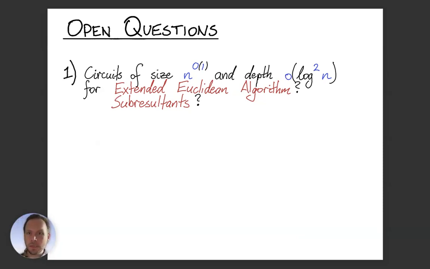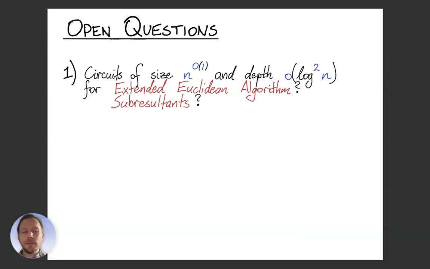And for those of you who are experts on this, one thing that we don't even know how to handle are what are called subresultants. So these are structured determinants that look like the resultant, but they appear to be somewhat more complicated. So it would be really nice to get faster parallel algorithms for these problems. And then a